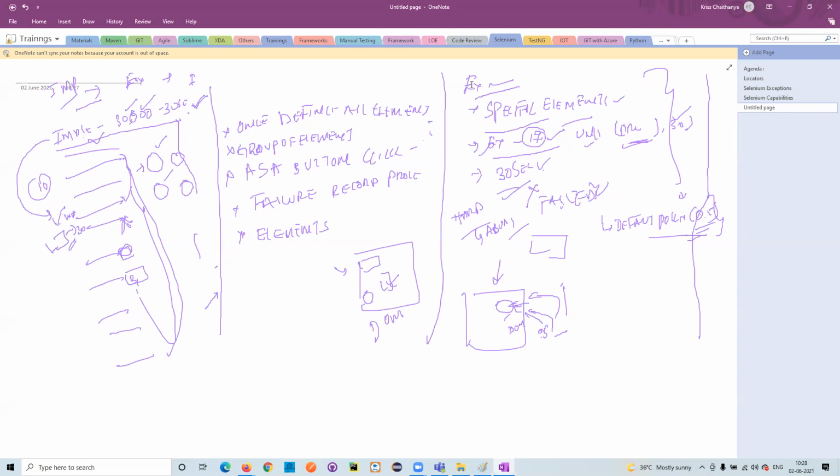Why don't I use the explicit wait? Because, for example, if the 10th element failed, I'll fix it and rerun it. Then on the 12th element it fails, once again I fix it and run it. Then the 30th, 40th. For that I don't want it to run that many times. I'll run it once and see, okay, there are failures in the 12th, 10th, 40th, 50th, 60th. I'll record all of them, change them at once, and run again, so that I can fix all the issues in one shot. At that time, implicit wait becomes handy for us.